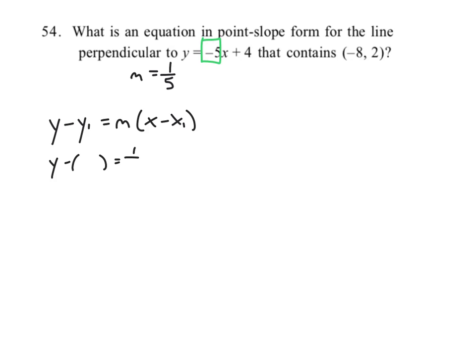we're going to put in the slope here, we already determined it's a slope of 1/5, and then x minus x1, okay? And we have for the y coordinate a 2, and for the x coordinate a -8. Okay, so then when we just resolve that, just to simplify it out, we get y minus 2 equals 1/5